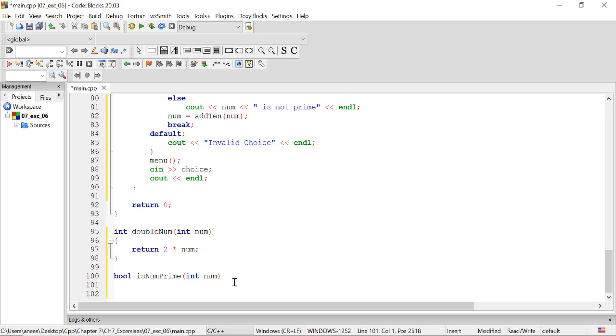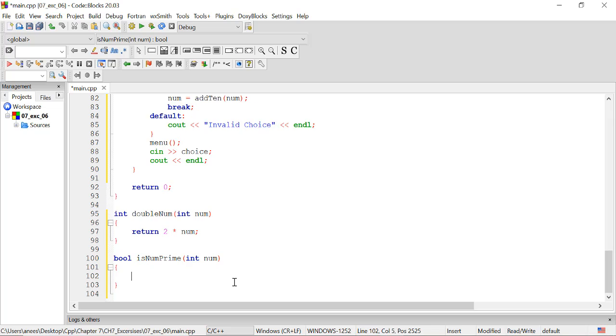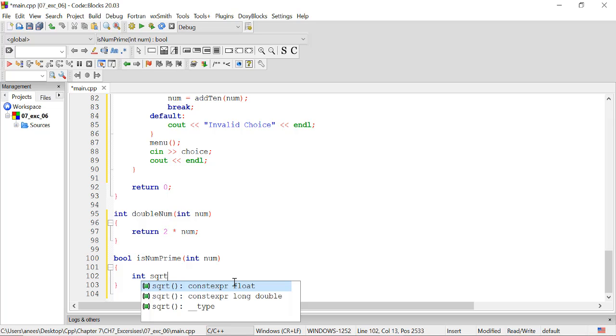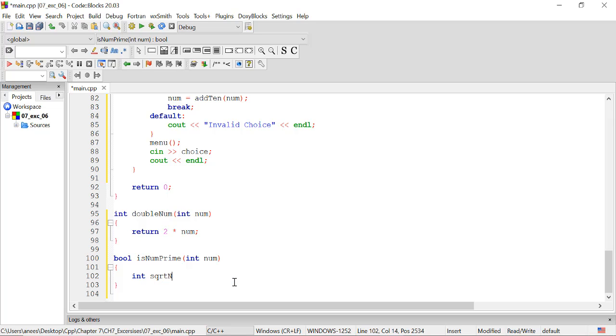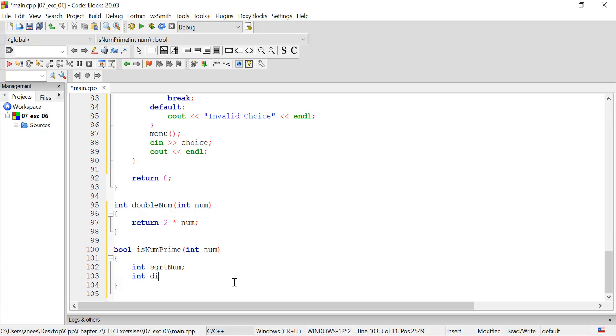We enter, write in parentheses, and we can write in int square root num, int divisor,